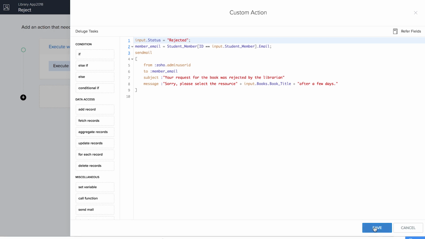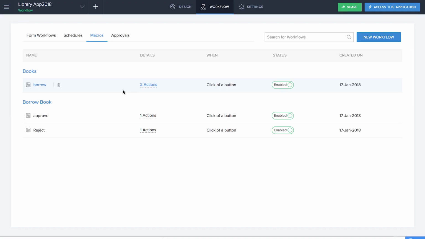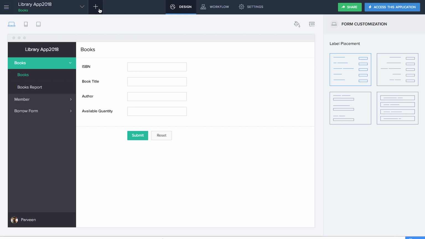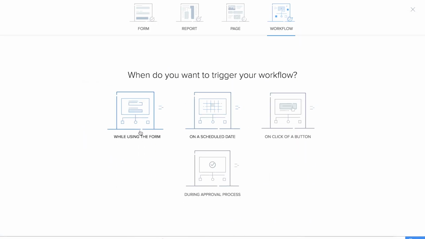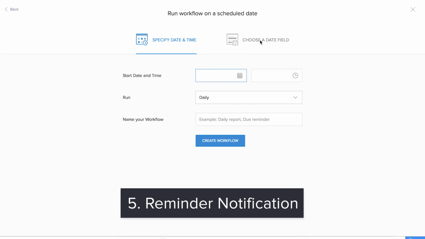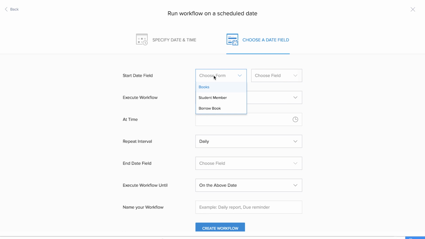No, reject was fine. So now that we got the mail, the last fifth feature is that we are going to have a schedule for notifying our members about the return date of the book that they have borrowed. Let's go to our fifth feature. To create the schedule, I go to add new and I want to create a new workflow on a schedule date. Now I can choose a date field from this option, and the start date field resides in the borrow book